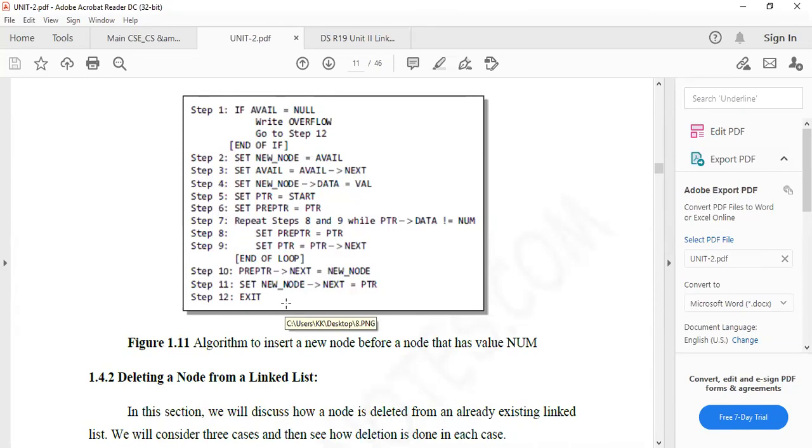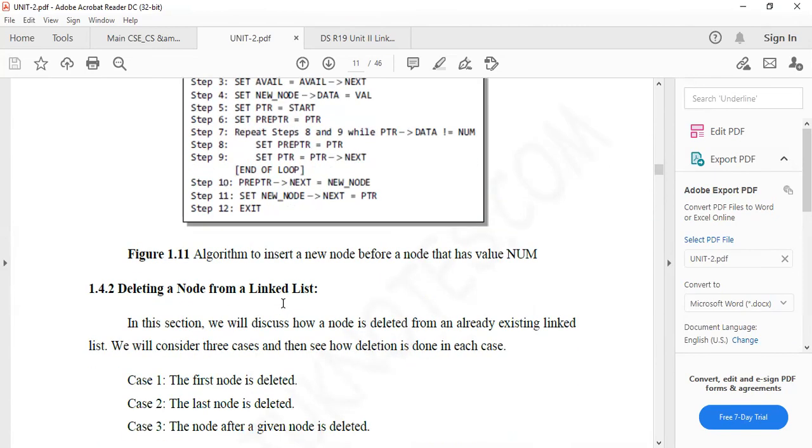Then you initialize another variable, pre-PTR, and assign it to PTR. So all three are assigned to the start node. After that, in the while loop, it will traverse the list until it reaches the empty node. In the implementation, you can find it very clearly. That is the case for inserting elements.